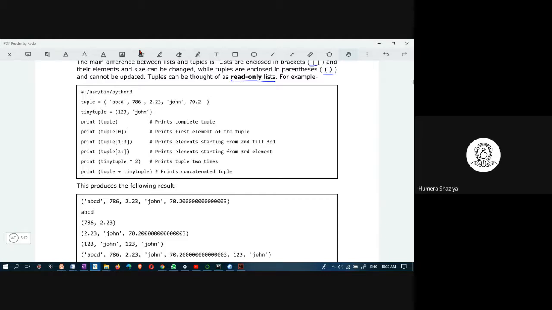And then here we are initializing tiny tuple to 1, 2, 3 and John, the two elements. And observe here, this is opening parenthesis and closing parenthesis. And in between you have the tuple values. Same, print tuple of 0. This is the first element. 1, 2, 3 begin at 1 and end at 3 minus 1, which is 2. This is begin at 2, end at last. Tiny tuple into 2, this is repetition, this is concatenation.